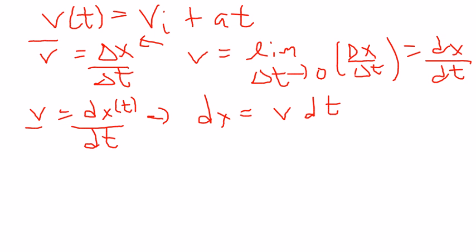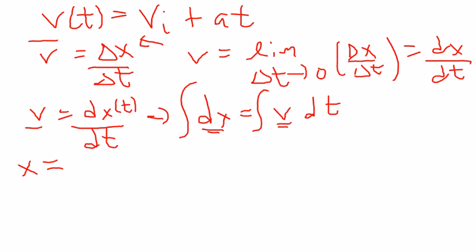And since the object is accelerating and its velocity is increasing each second, this v here is not a constant. So I can't factor it out of my integral here on the right side. And the position x is certainly not a constant because it's moving, and it's not only moving, it's speeding up each second, so we have to integrate both sides. So what we end up with here is x equals,